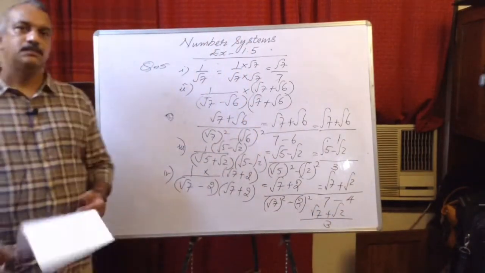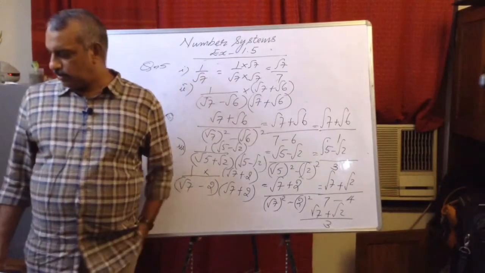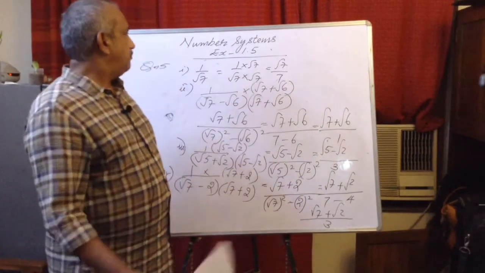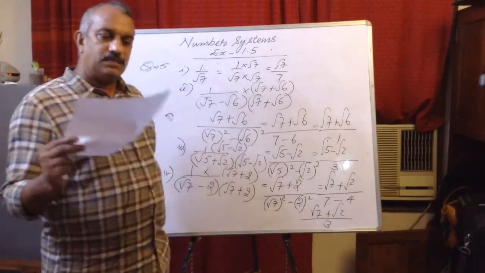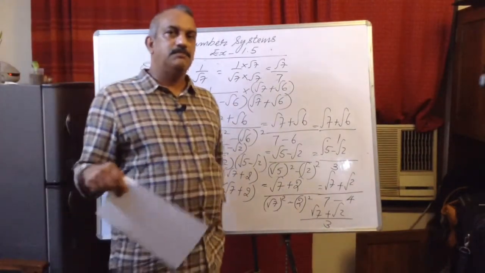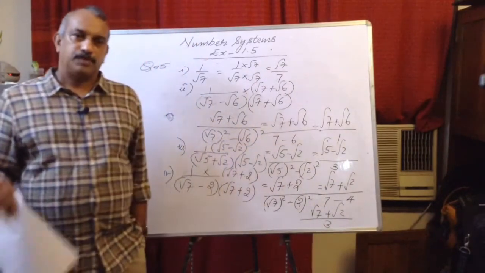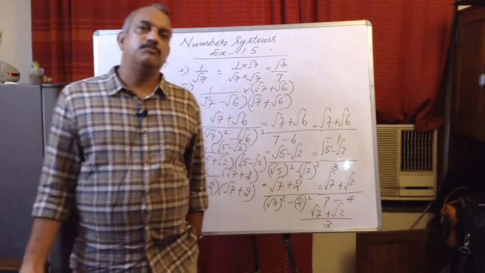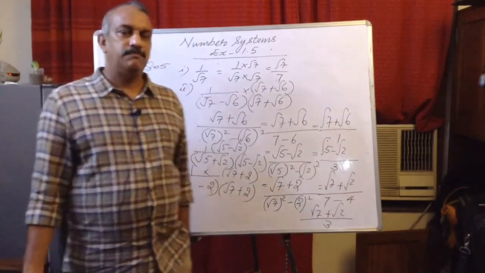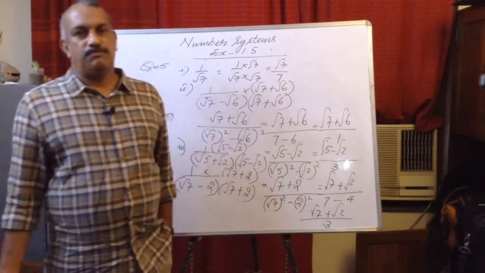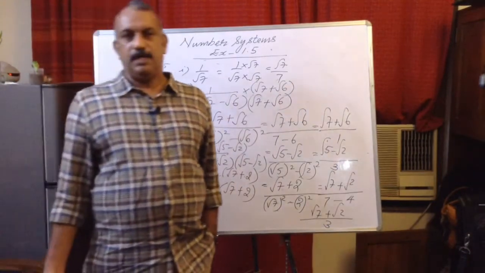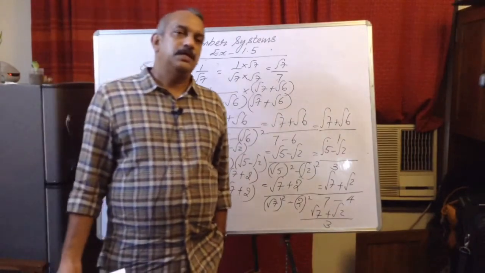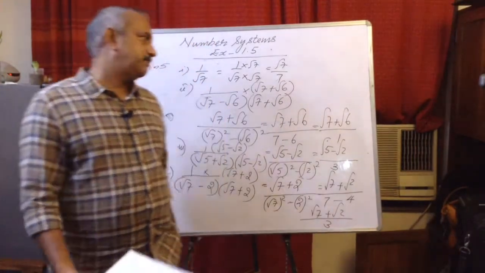So like this you can do rationalization. A number of questions we can do. In the book a few questions are given. I will give an assignment in which I will give more questions. You can try. So what is the condition? First, look at the denominator. If it is a monomial, multiply by the same. If it is a binomial and it is in the form a plus b, multiply by a minus b. And if it is in the form a minus b, multiply by a plus b. Like that we can find it out.